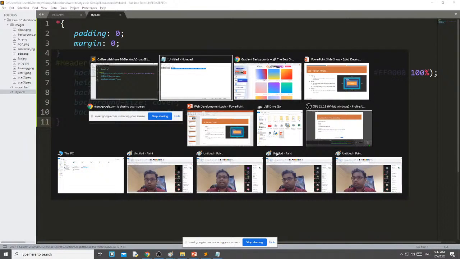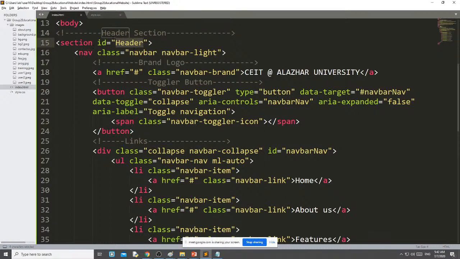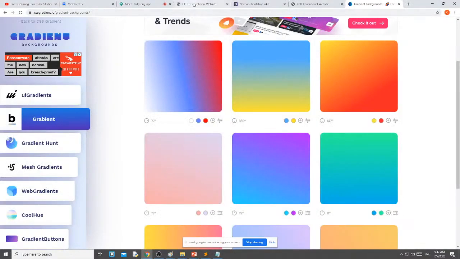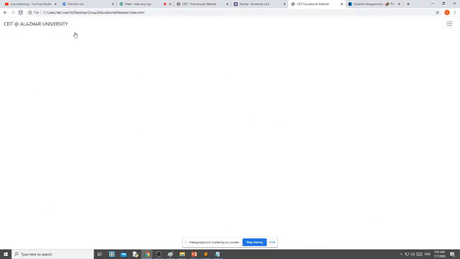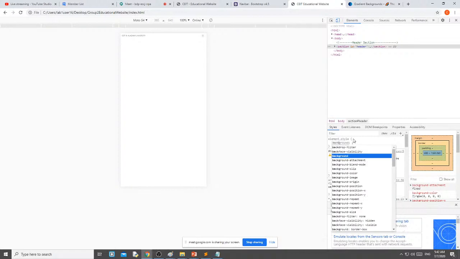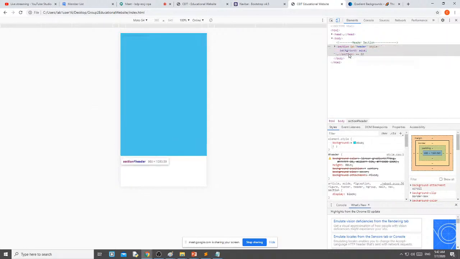but always my CSS part is giving me a problem. The CSS, I will see here, background. Okay, it is coming here, background aqua.